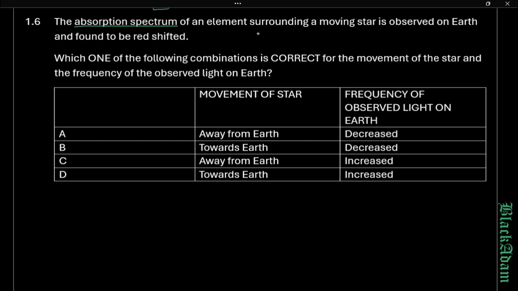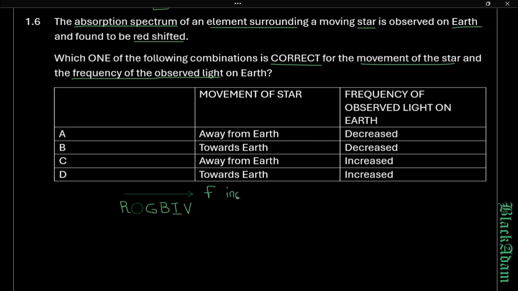1.6, absorption spectrum of elements surrounding a moving stone is observed on the earth. And then what we need to do, we need to arrange the colors red, orange, yellow, green, blue, indigo, and violet. So that means it's red up to violet. As we move from R to V, frequency increases, from V back to R, frequency decreases, and wavelength increases. So since we want to target the frequency, so usually redshift, is it